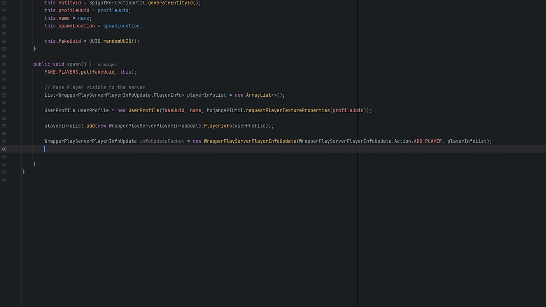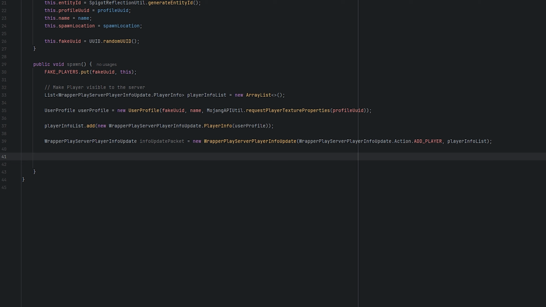Alright, this looks pretty complicated at first glance. I can assure you I didn't immediately get it as well. It's pretty complicated to explain as well, so if you want me to, I can create a whole video about packets and Minecraft protocol, and I can talk a bit about it and you can ask questions. I'm not sure if I can get it right, but I think I know what's going on here in some way. So if you want me to, I can also create a video about it or go more into detail about it. If you have questions, put them in the comments. I will answer them as fast as possible. But let's just keep going with the tutorial now, because the people who actually want to spawn the player are